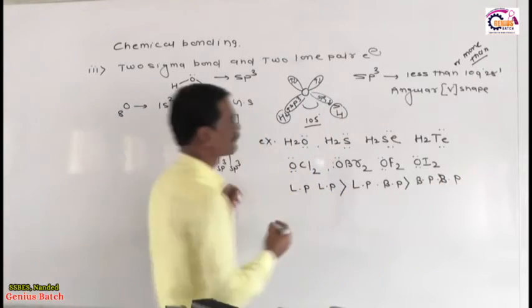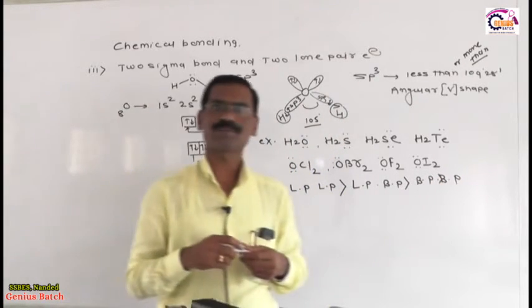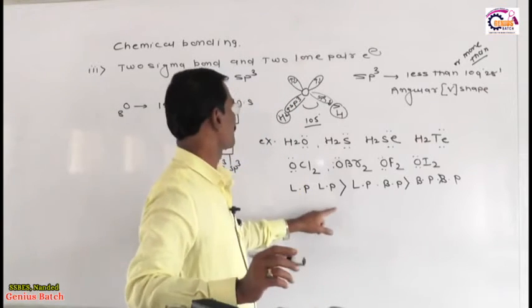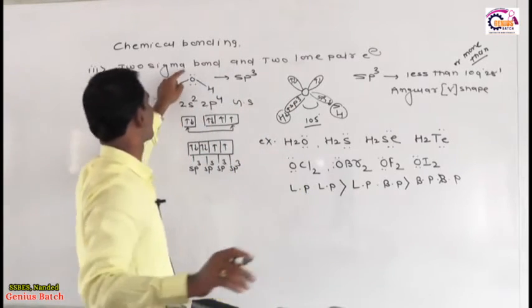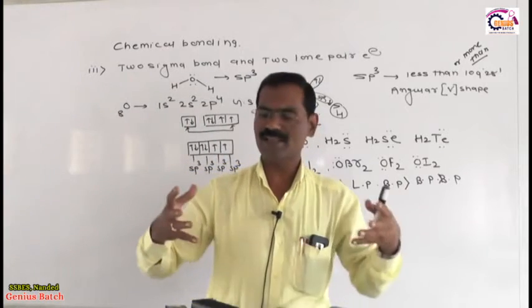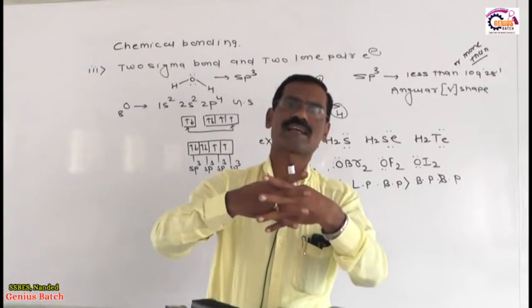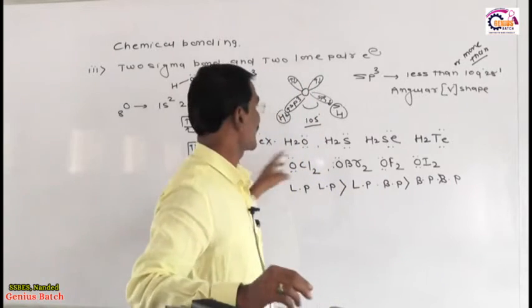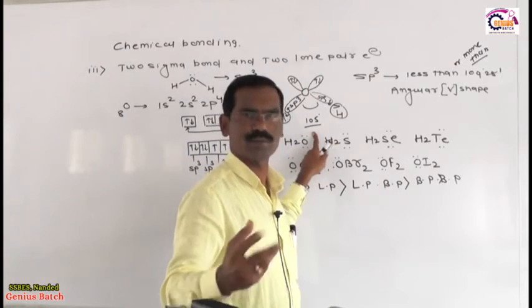So keep in your mind, these are the repulsion order. The strongest repulsion is the lone pair repulsion. You know, a water molecule contains 2 lone pairs of electrons, therefore lone pair repulsion takes place, and that repulsion reduces the bond angle, from 109 degrees to 105 or 104 degrees.